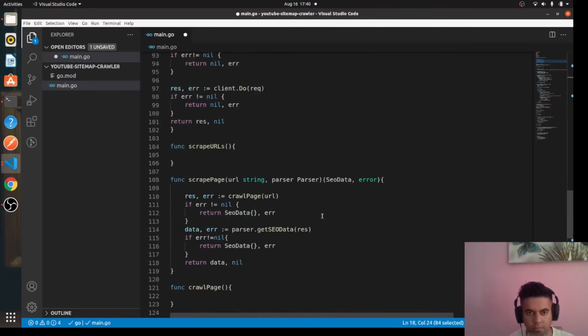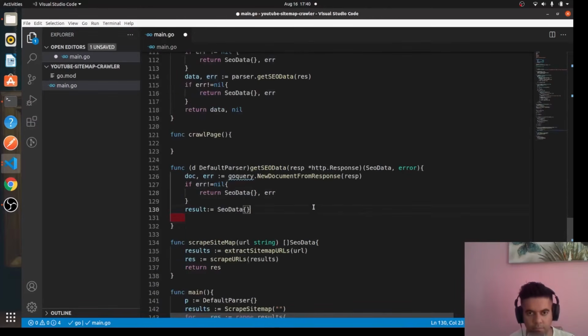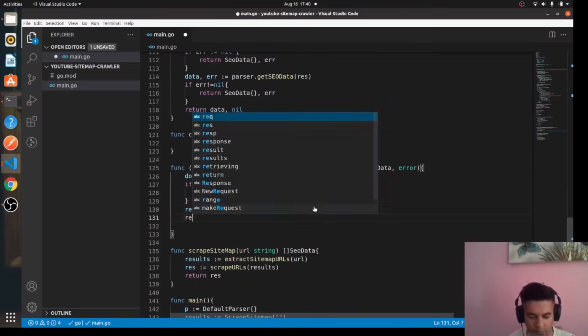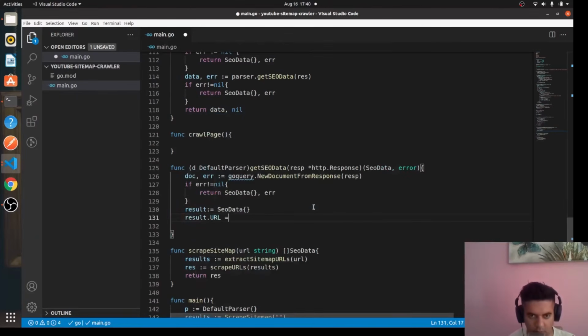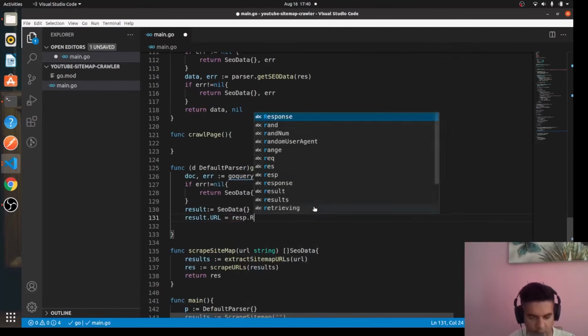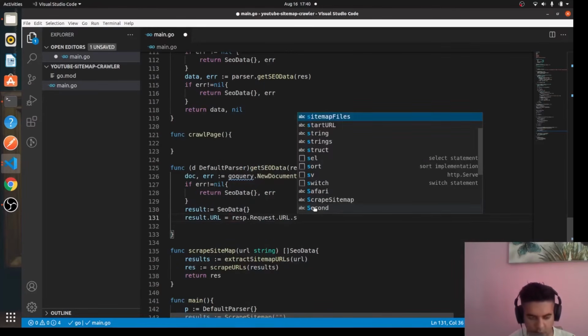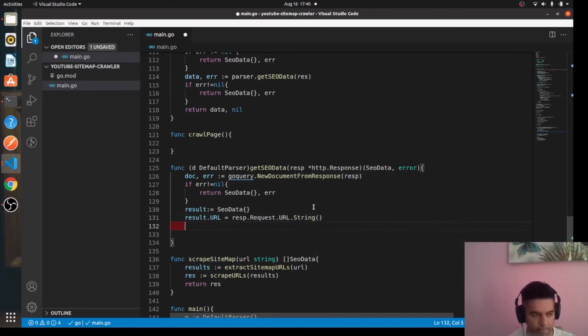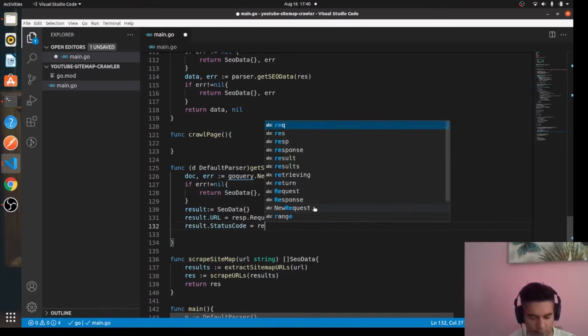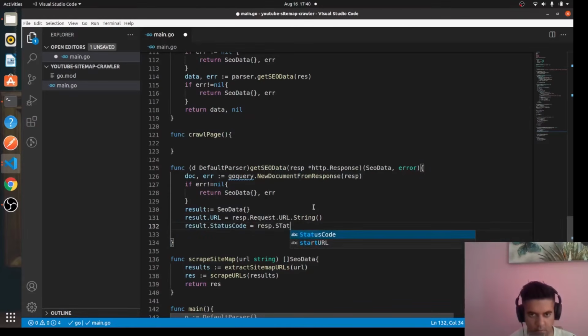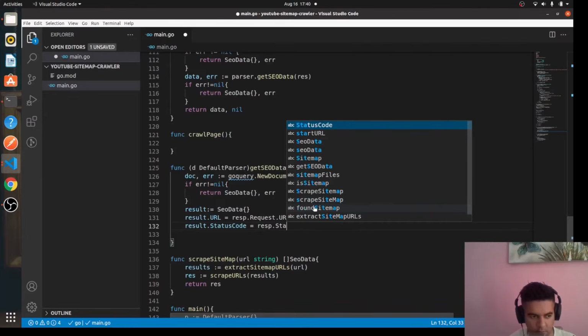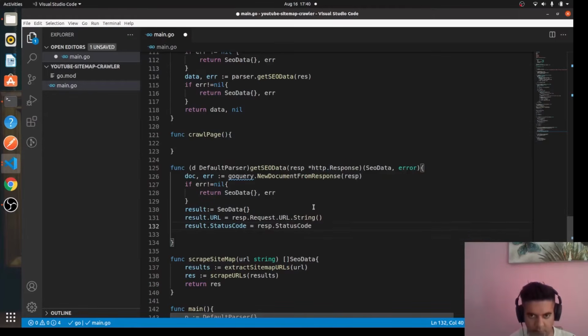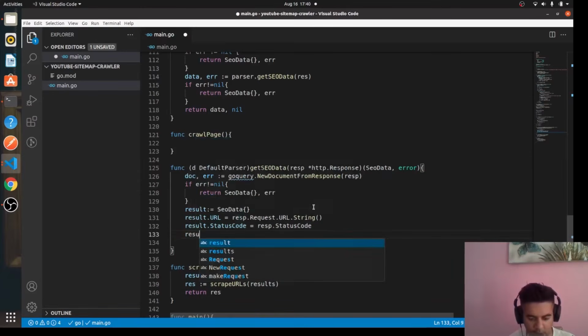So that's what we're taking. And here we'll say result dot URL equal to response dot request dot URL dot string, and result dot status code equal to response dot status code, and we'll say result dot